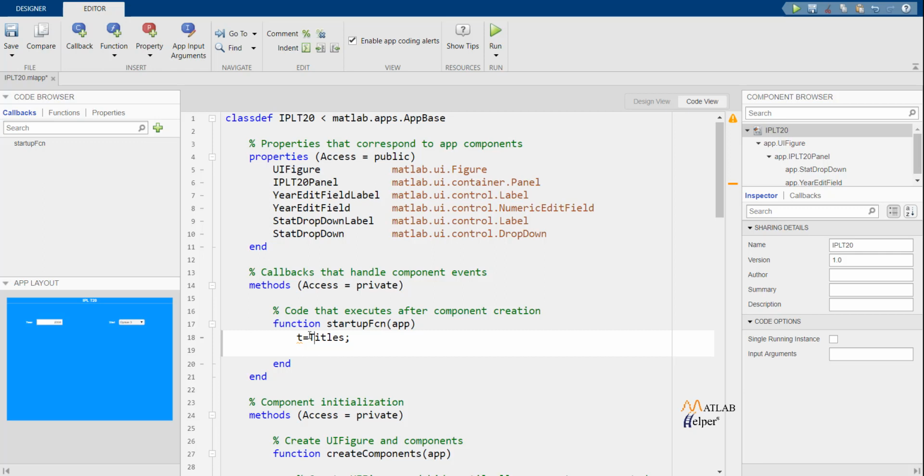So when this is the function titles, when I call this, I get the table t which has the column head. So I need t dot head that has to be added to my items. So to access the items, I'm going to use app dot stat dropdown dot items equals t dot head